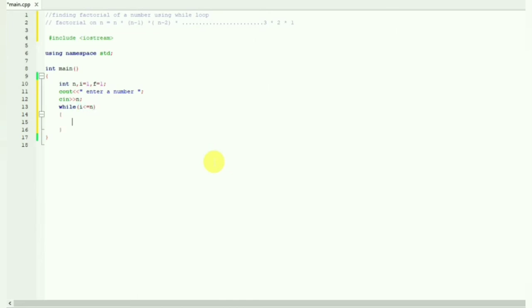and our while loop statements will be: we want factorial, so f, which stands for factorial, will be equal to f multiplied by I. As we have discussed earlier, in every step, f will be multiplied with I and then stored again in f. In the next step, this f will become this, and then again it will be multiplied with I. So this will be working in loops. And now we want incrementation, so I plus plus,